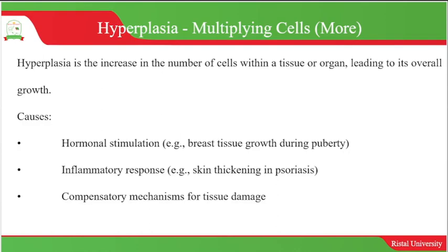There is also inflammatory response, for example the skin thickening in psoriasis, and compensatory mechanism for tissue damage. So if 2 cells have been damaged, then we might compensate by producing more and more